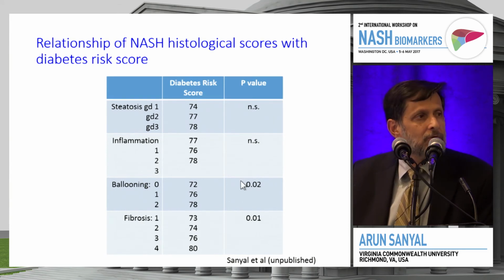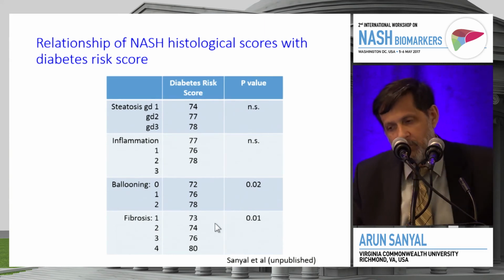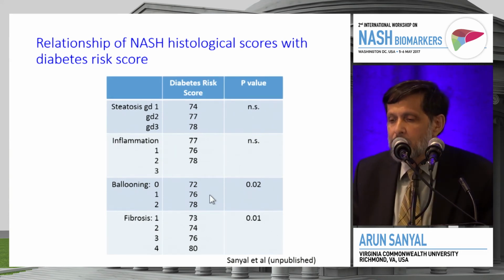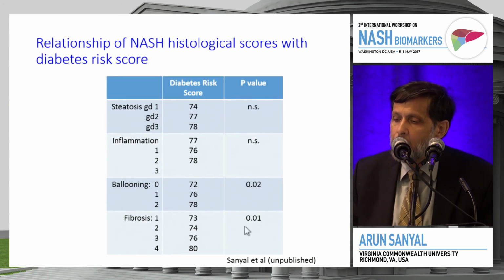And this relates to patients who were in the FLINT trial. We got this diabetes risk index score as part of a larger lipid analysis we were doing. So we looked at even within patients with NASH. If you look at before and after, what we see over here is that there's a linkage with histological scores over here. Now, of course, there's a mix of patients before and after, so this needs to be cleaned up